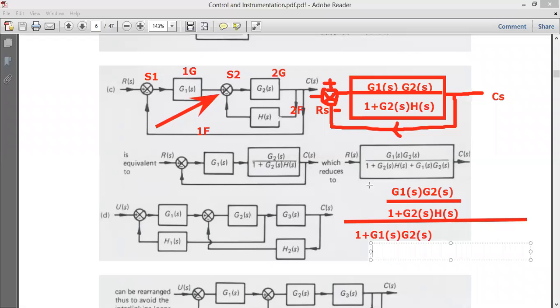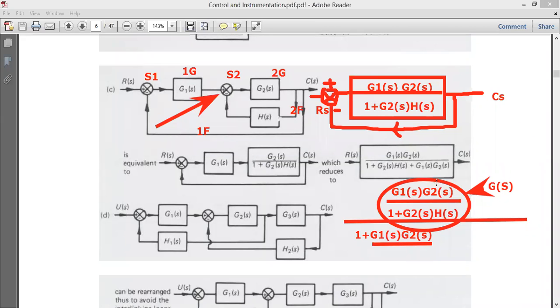I will just show you how this block is equal to my whole G block. So here, this is my G block. For what diagram are we writing this? I'm trying to solve this diagram which consists of a minor loop. So first G block I have written, so 1 plus again G block, right?